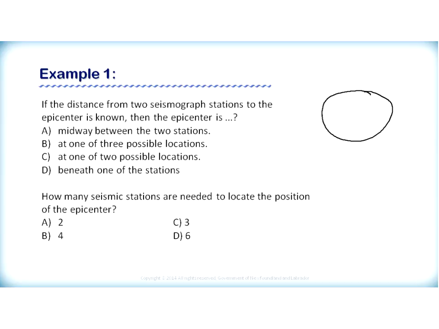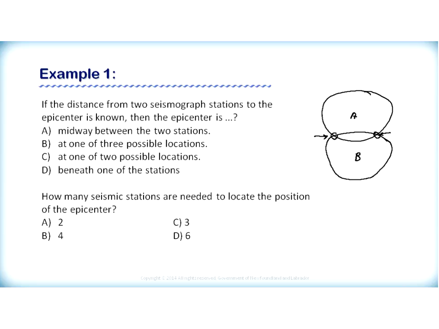And if we draw 2 circles, which represent 2 seismograph stations, seismograph station A and seismograph station B, we would notice that the 2 circles cross at 2 points. One point here on the left, and a second point here on the right. Therefore, the epicenter could be located at either of these 2 points,